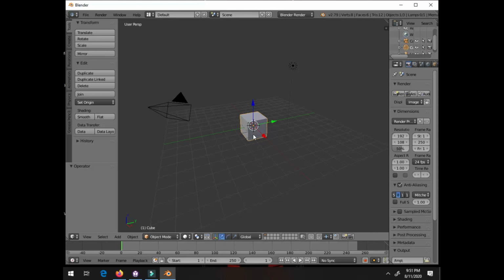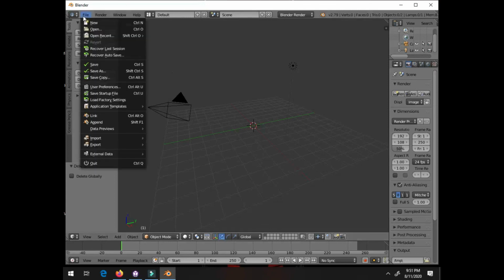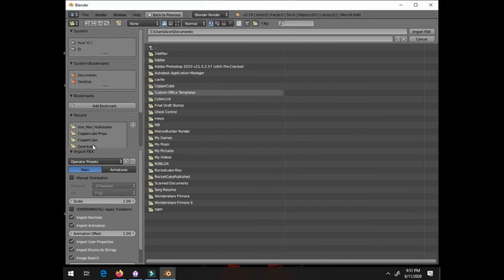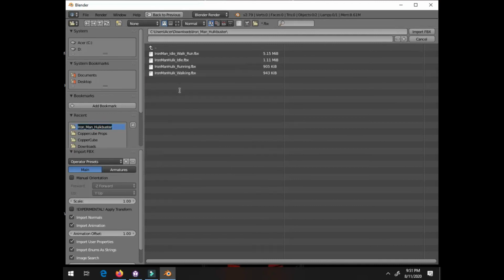This is the Blender program. So I went from Mixamo to grab the FBX files of the three animations of the character, and you go to Blender. You hit import, you hit FBX file, and you find the animations of your character, which I have as Iron Man Hulk Idle, Iron Man Hulk Running, and Iron Man Hulk Walking FBX files, which you could also open up in Autodesk MotionBuilder. As I import all three of these files,